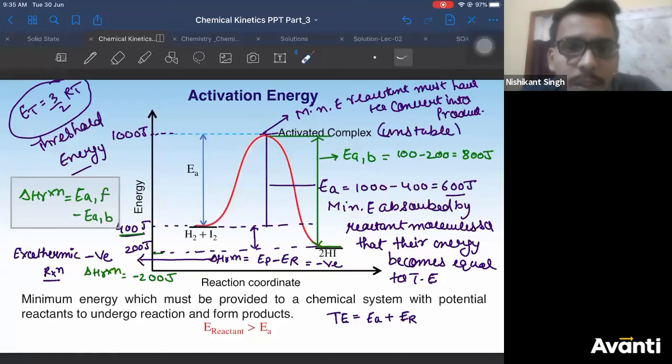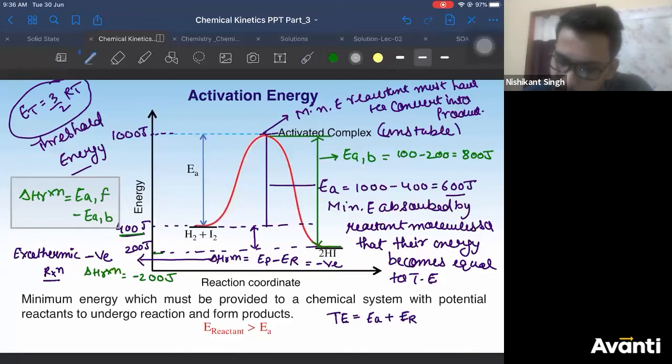In forward reaction, that has to become 1000, you have written 100. I have written 1000 only. Shreya, I have written 1000 only, no? Okay, got it. Backward direction, yes. Understood, Shreya. Thank you. This is 1000, guys. Thank you, Shreya.